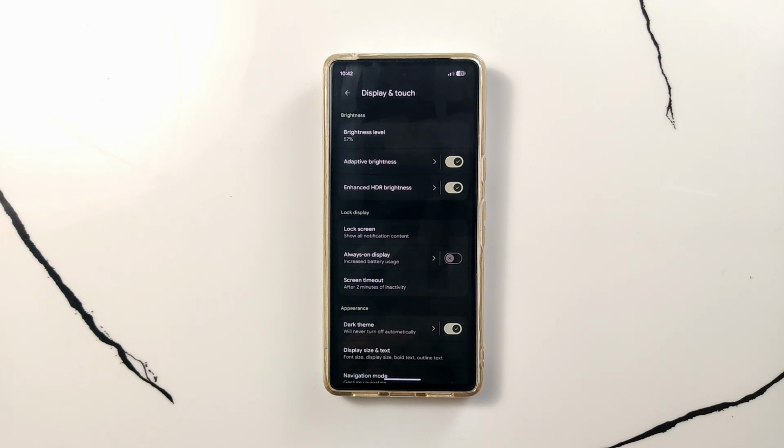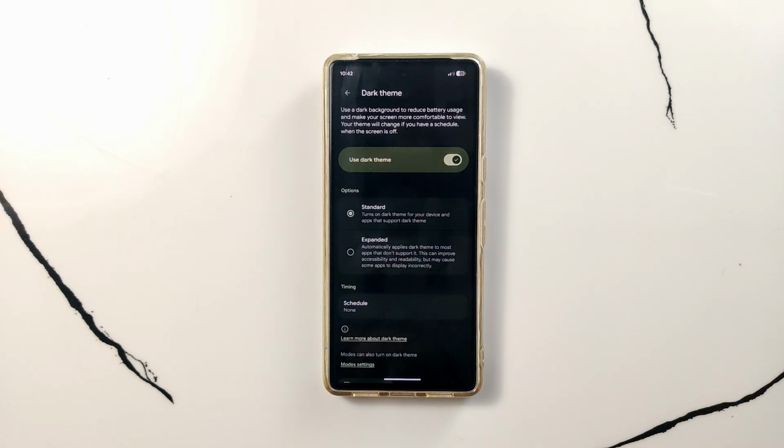Tap on that text, not the button. Just tap on that text. Then you can see there is two options like standard and expand. Okay, if you select expand, then Google try to convert those application into dark theme, and most of the case